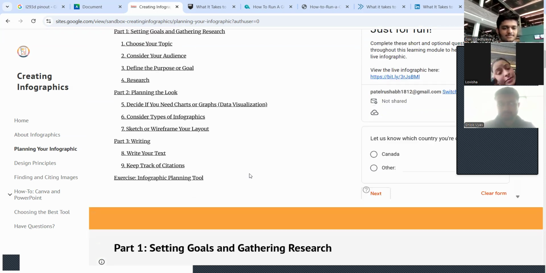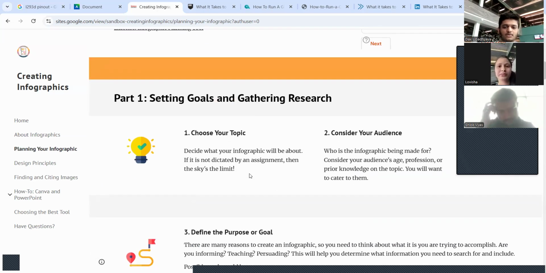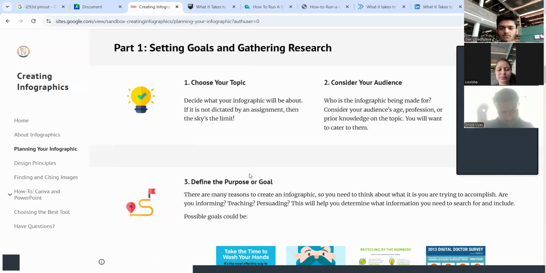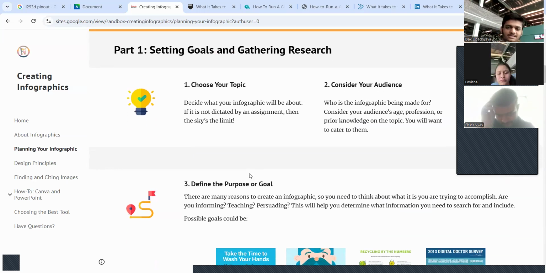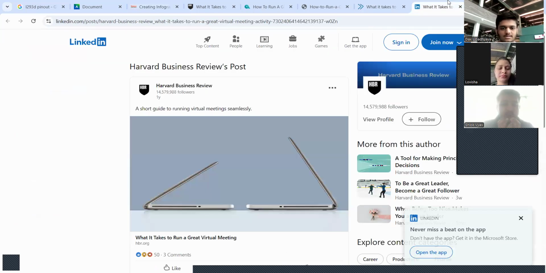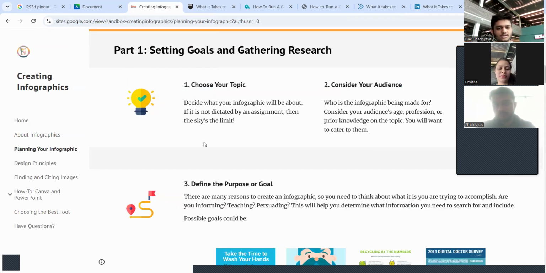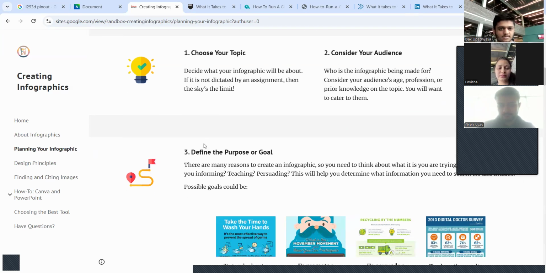So from here, we are going to be setting goals and gathering research. I have gathered a couple more pieces of research as well, which you can see open here everywhere, like some things from LinkedIn and Indeed. So it's good. I think this much is good from my side. But we can also discuss together when we meet. And I will also get some research from Shlok as well, and we can just work together.